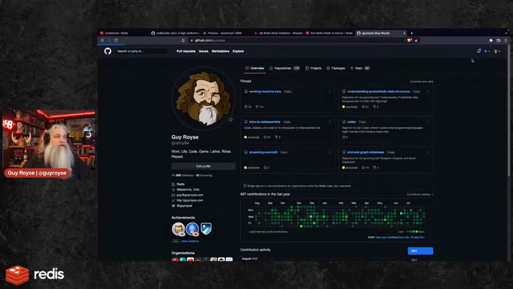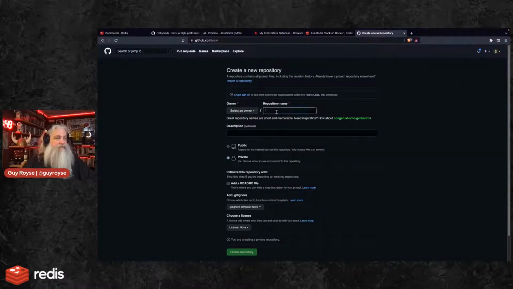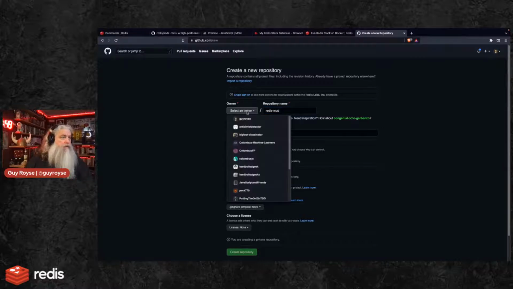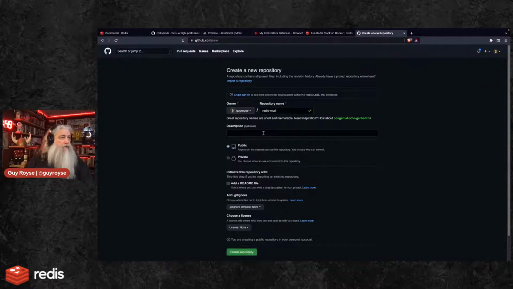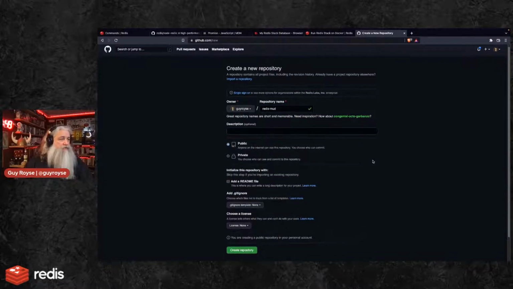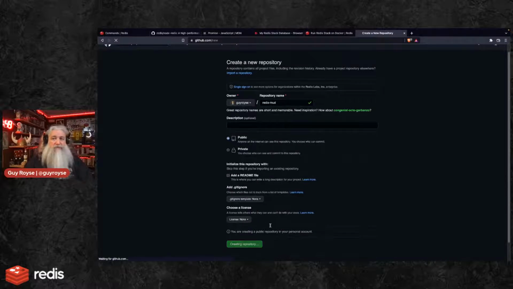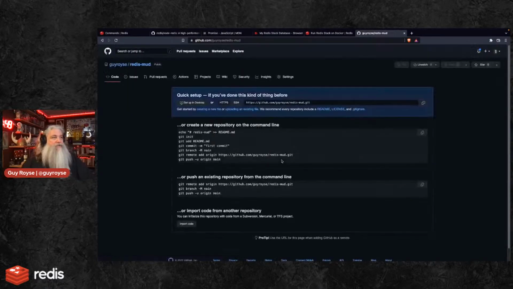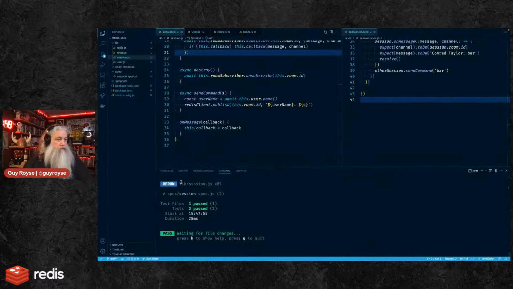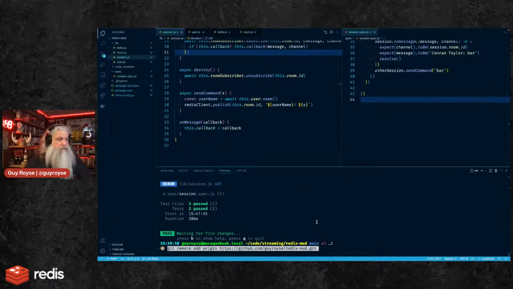And then I'm going to go here and new repository. We'll call this RedisMud. The owner is moi. We'll mark that as public. Create repo. We'll get this code out there so you all can mess around with it too. Yeah, that'll work.